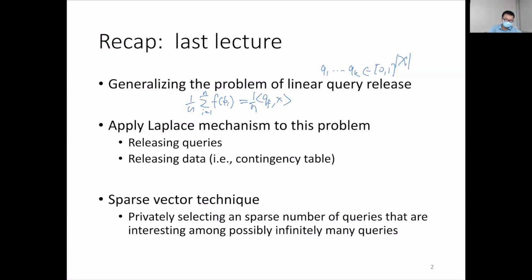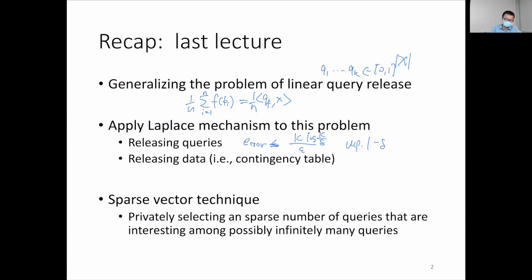And by releasing these queries and composing over the multiple access to the same data set, we were able to obtain an error that is on the order of the max error for all the k queries, k over epsilon and log k over delta with probability at least 1 minus delta. So this comes from just using the tail bound on the Laplace random variable and the union bound over all k queries. The reason why we have a linear dependence in k is because we need to split the privacy budget to each one of these queries